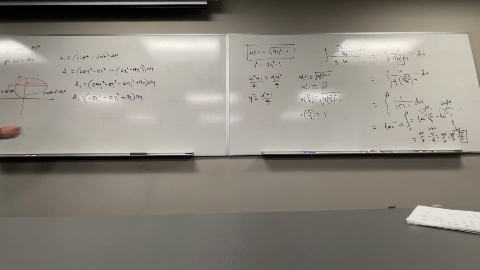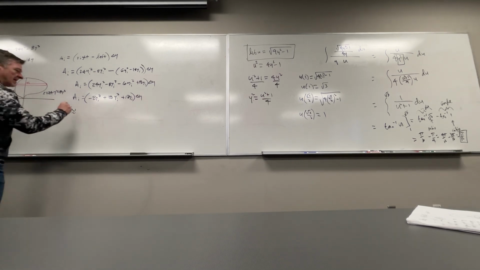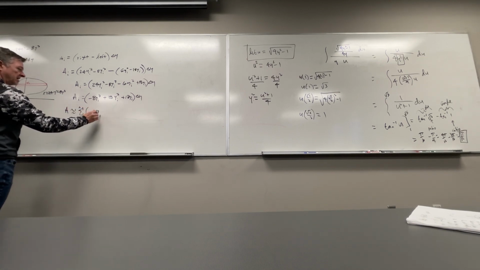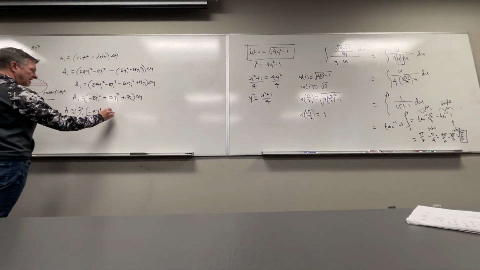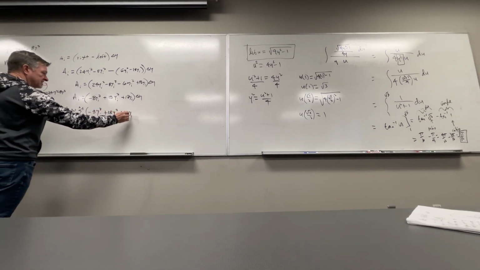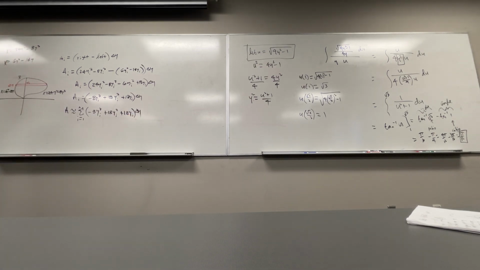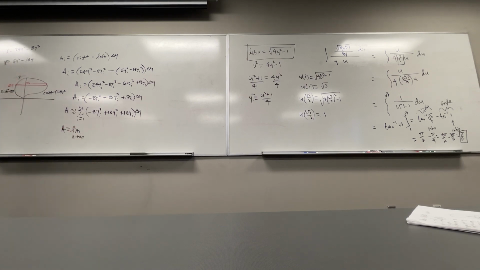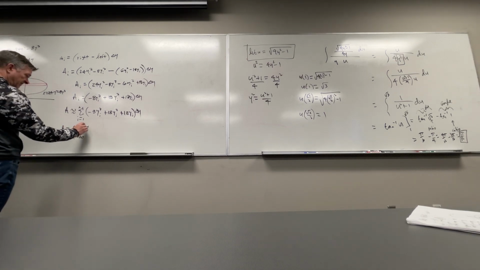We need a bunch of them, n of them. And that would get us an approximation of that area, right? So sum i equals 1 to n of minus 8yi cubed plus 18yi squared plus 18yi delta y. Okay, that's an approximation of the area. To find the actual area, we would have infinitely many of these rectangles. So we would let the limit as n goes to infinity,